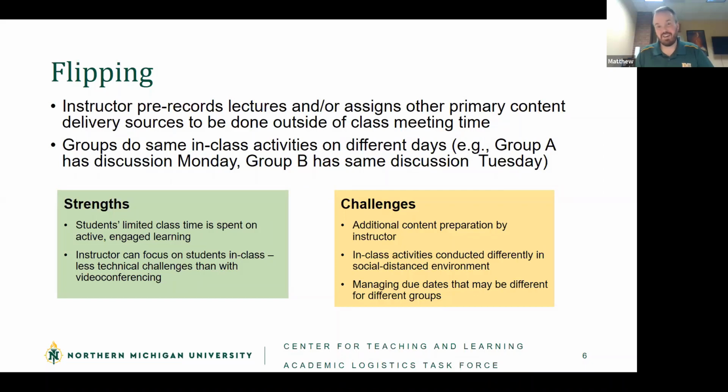We obviously haven't tried this. We've never had a bunch of people in class trying to Zoom to a bunch of people out of class at the same time. And the more people that are doing it in one spot, the higher the load's going to be on the network. I don't expect technical issues, at least not widespread ones, from doing that. I think managing it provides some challenges when you've got students who are still, despite social distancing, within a fairly small group of each other, and they're all